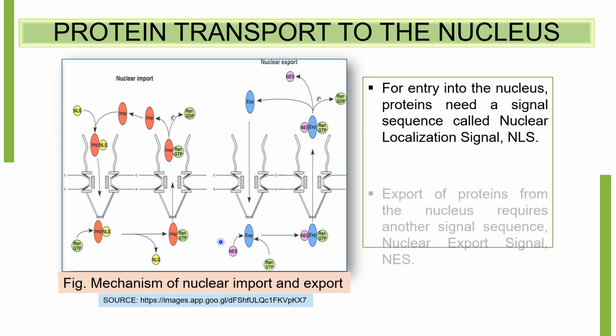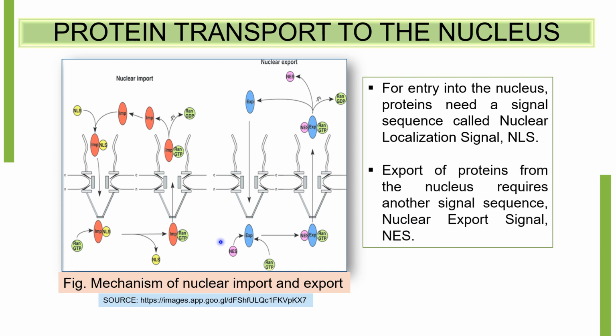Similarly, nuclear export of proteins such as tRNAs, ribosomal subunits, and mRNAs requires a signal sequence called the nuclear export signal or NES that stimulates the export from the nucleus to the cytoplasm. Another nuclear protein, exportin, binds to the NES of the cargo protein. Ran-GTP, which is present in the nucleoplasm, simultaneously interacts with exportin, resulting in an increased affinity of exportin for the